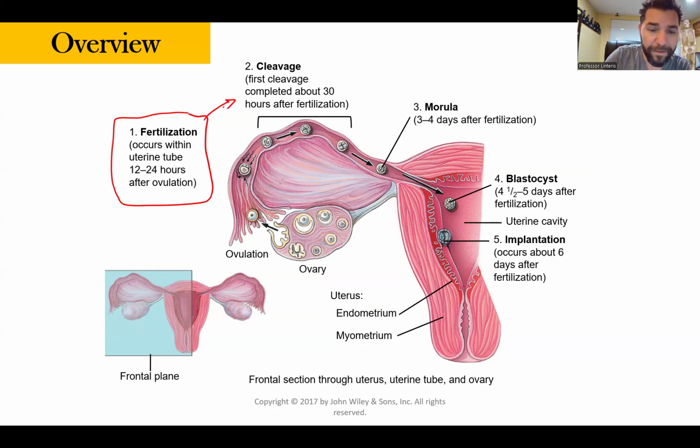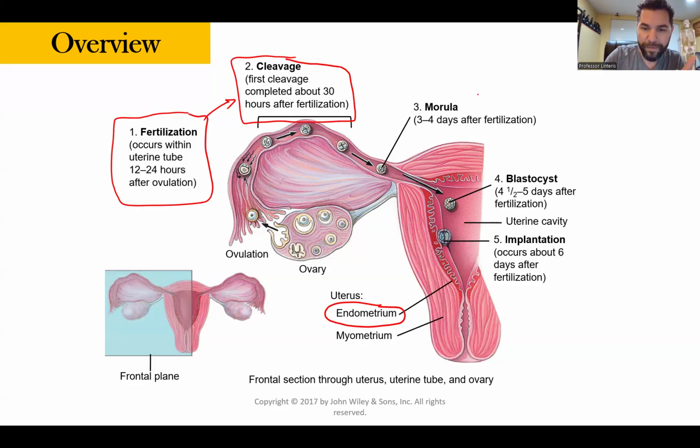And then once that zygote forms, we have cleavage. We'll talk about that. It turns into a morula. It turns into a blastocyst. It implants, right? So obviously not all of this, but the implantation will be taking place in the endometrium. So step number one, to get the big picture, the big roadmap, the steps are fertilization,